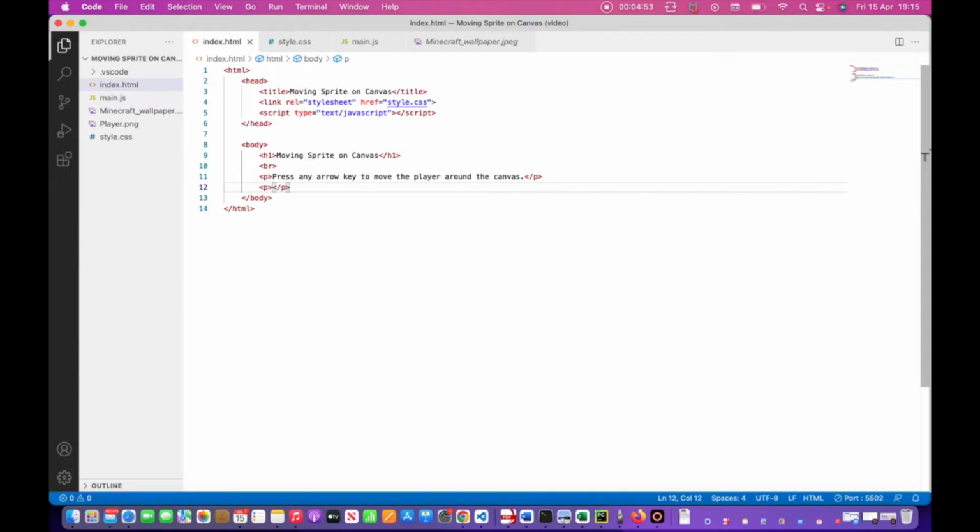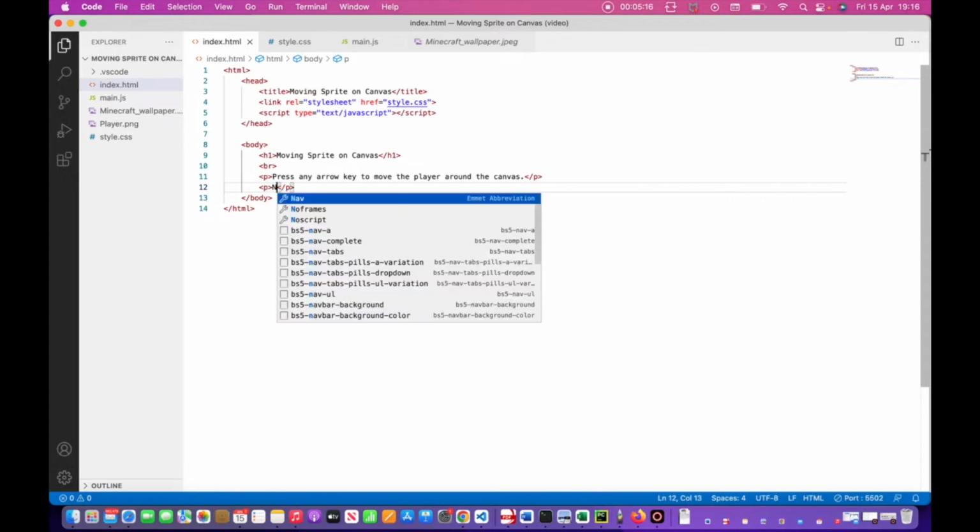note. So basically sometimes, or all the times, when you're trying to move a sprite on a canvas and you execute the code, the sprite and the background of the canvas don't really appear. So you have to press one of the keys to make it appear. So that's why I'm going to put note